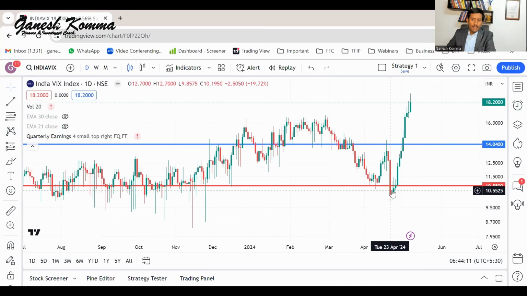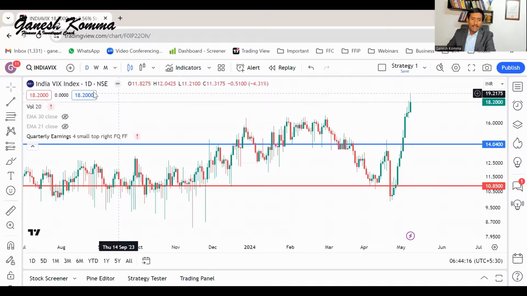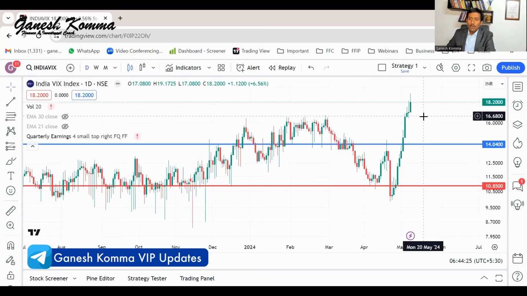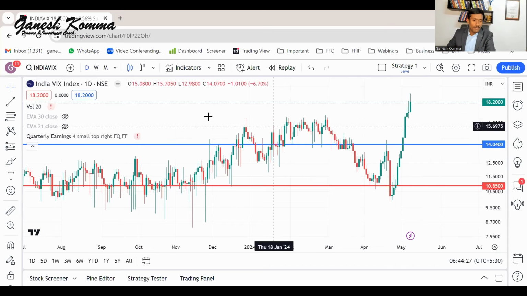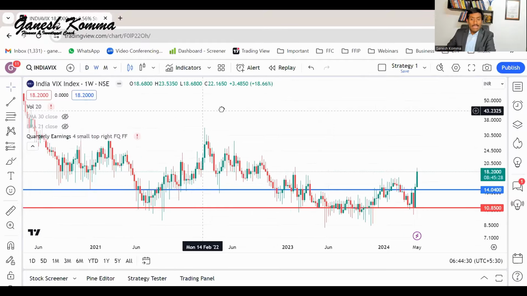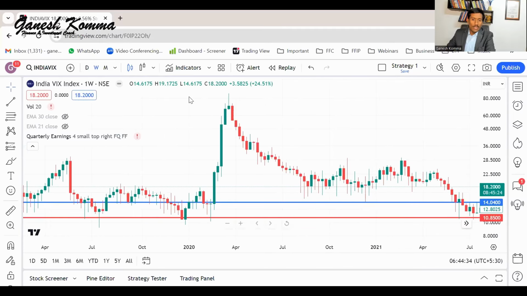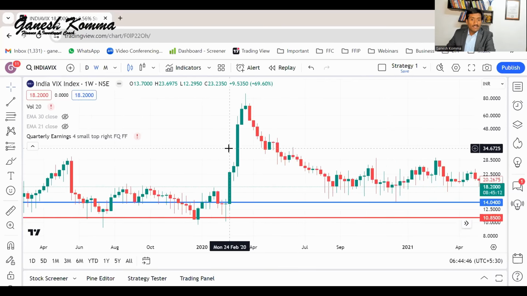Right now, if you see, the volatility index India VIX is increasing, and right now we are at 18.2. Anything above 18 or above 20 means more instability, a more volatile market. And let's go back in history. During the COVID-19 pandemic, we saw a rapid spike in the VIX levels, and we saw a similar decline in the stock prices of Nifty 50 also.